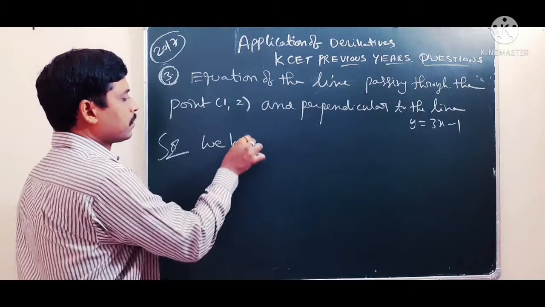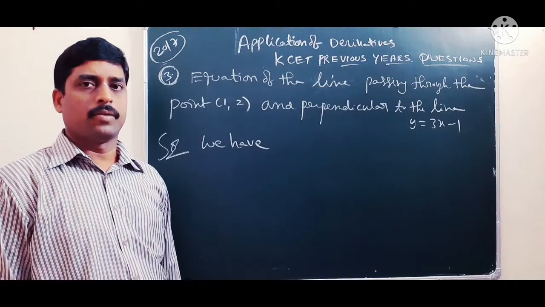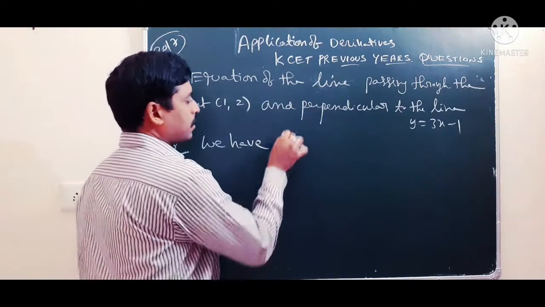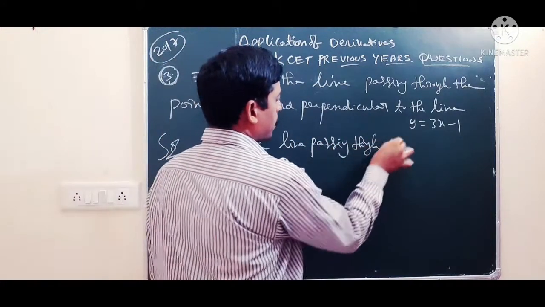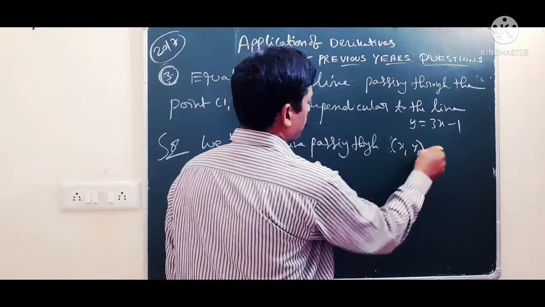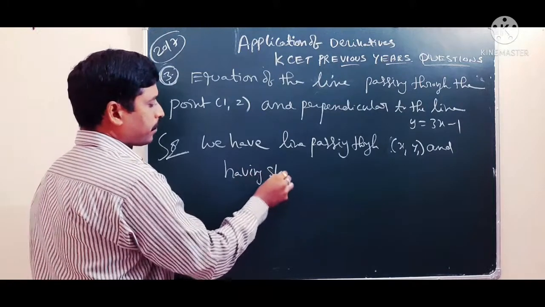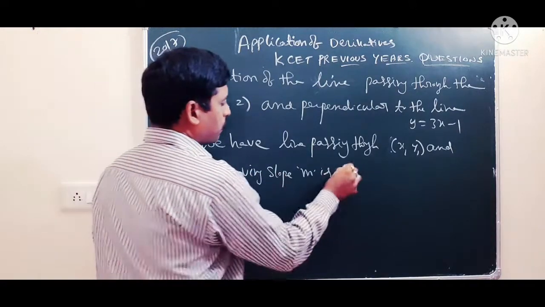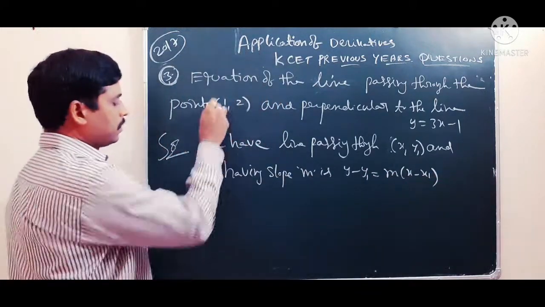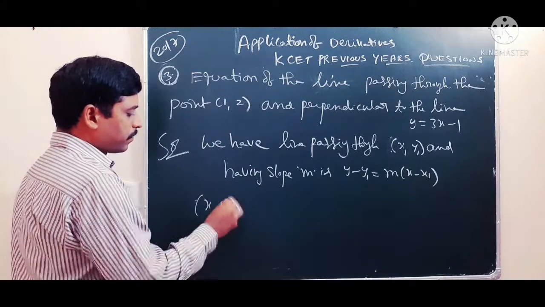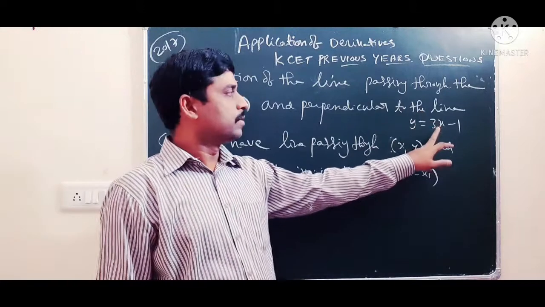We have the equation of line passing through the point x1 y1 and having slope m is y minus y1 is equal to m into x minus x1. In this statement, x1 y1 values are given as 1 2, but perpendicular to the line,